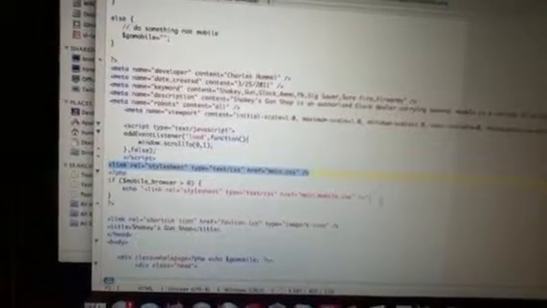And what that does is, in some cases, it overwrites what the actual main.css does, and